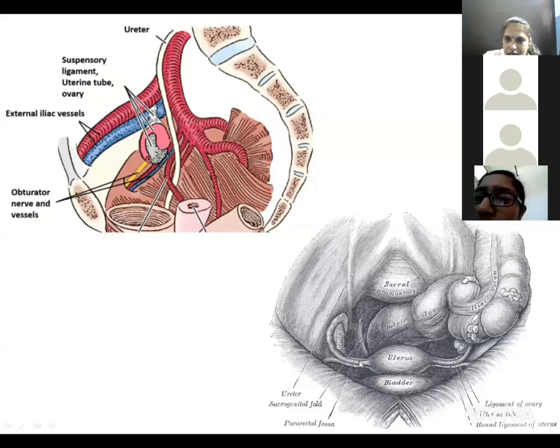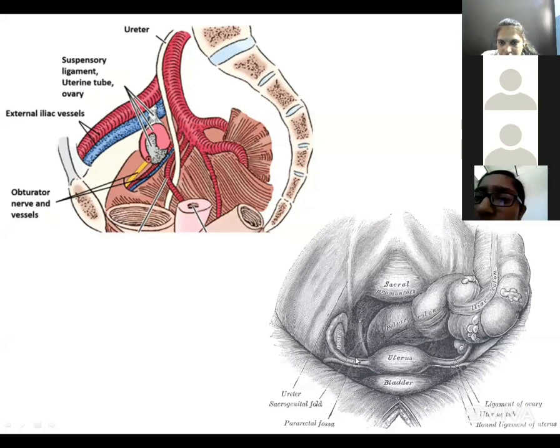Now in this diagram, can you see the lower diagram? Yes, ma'am. This is the ovary over here, and this is the ovary on the right side. It is present in the ovarian fossa, that is in the lateral pelvic wall. This is the fallopian tube and this is the ovary. Below the fallopian tube there is a broad ligament. Broad ligament of the uterus. Do you know?